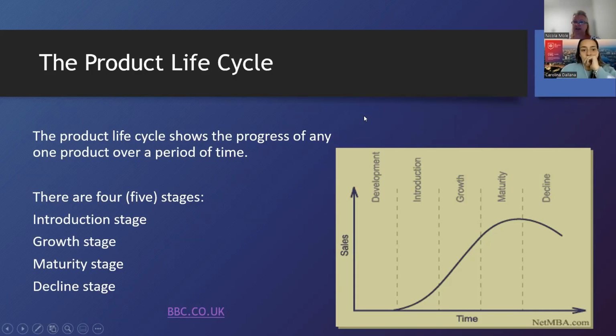So the introduction stage, when the product is first launched on the market. The growth stage, as we start selling more and more products. Maturity, it's been on the market for a while. Everyone knows it's there. The demand is stable. And then we have the decline stage. People are not so interested in the product. Maybe we're selling a different product that replaces it, or maybe some of our competitors are selling a different product. So we need to be able to study the sales and track the sales of our products.